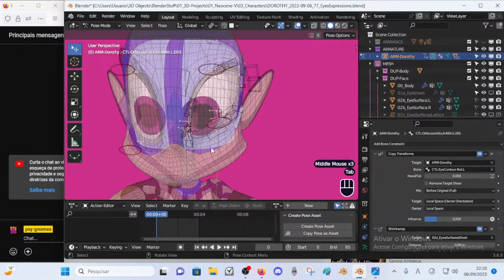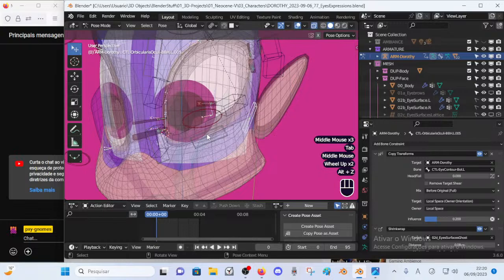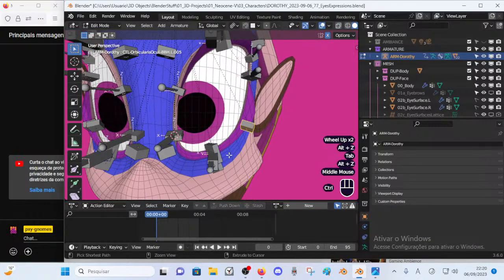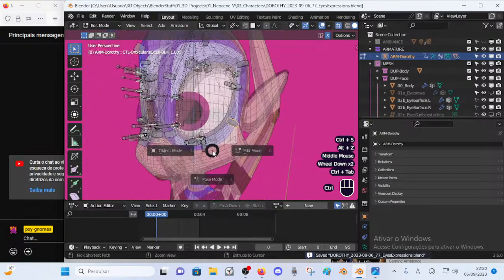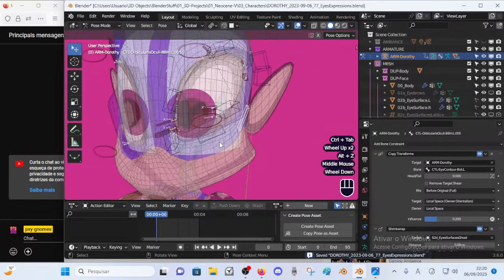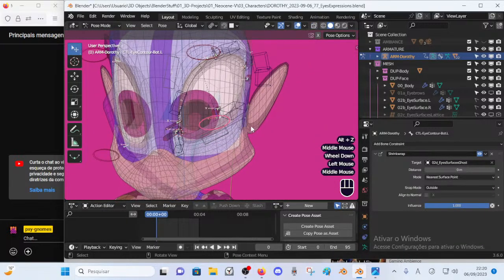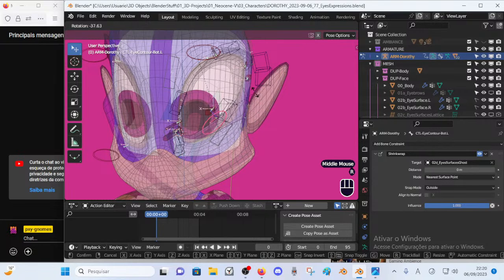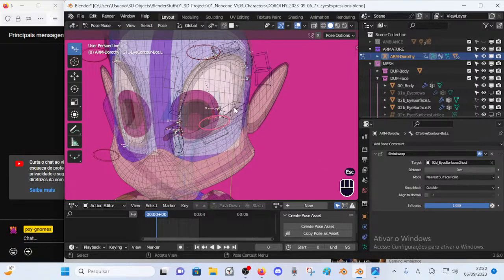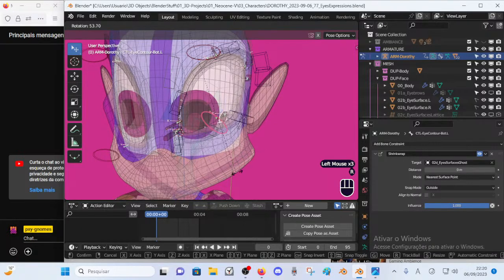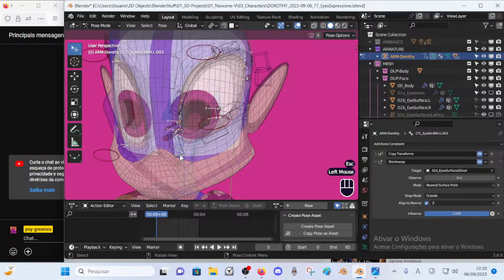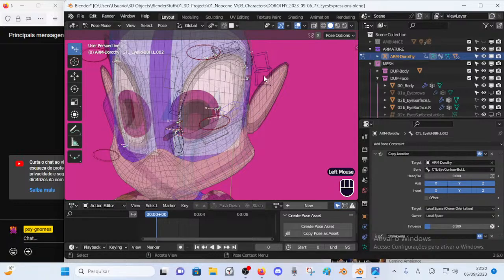And this different parenting is crucial for this peculiar system that I've made, because as I rotate this bone, you see they tilt. This and this, they tilt. This is because of the offset parenting, while these others, because they are not parented offset, they are just copy transformed, they rotate in place.